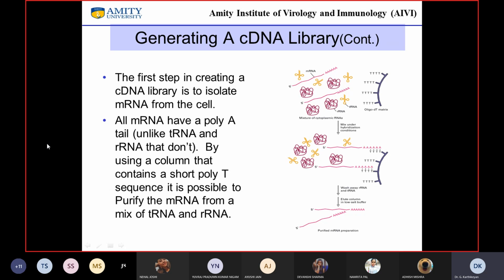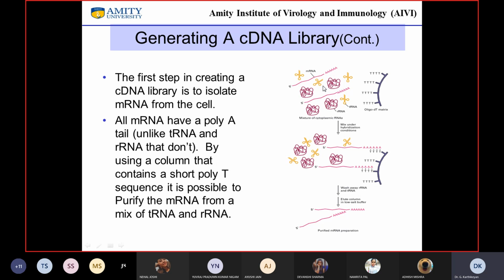Okay, so the first step in creating a cDNA library is to isolate all the messenger RNAs. When you isolate RNA, more than 90% of what you isolate is ribosomal RNA, so ribosomal RNAs dominate. Then you have lots and lots of transfer RNAs, right?